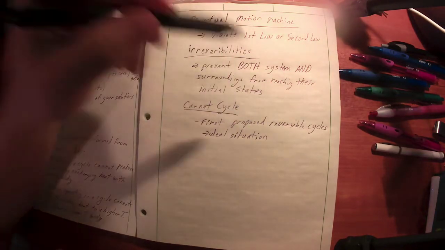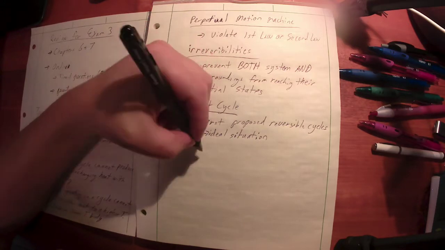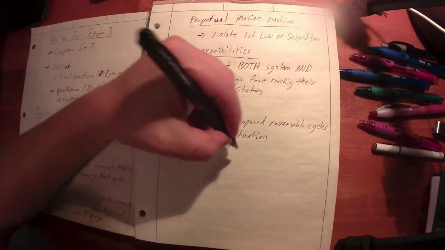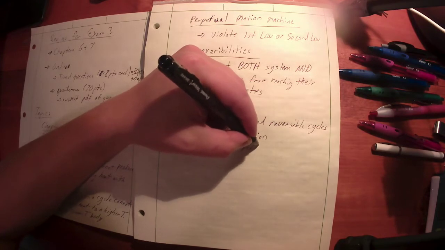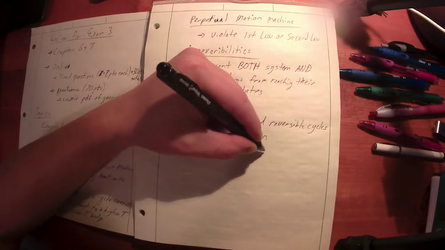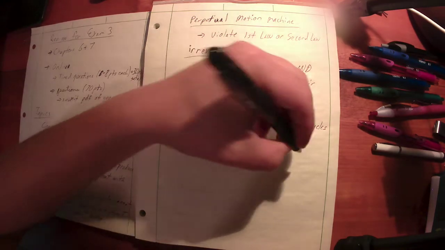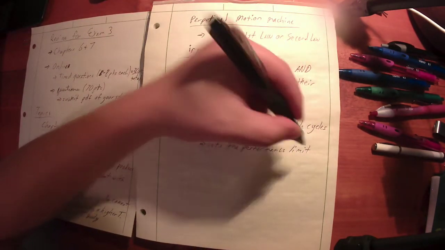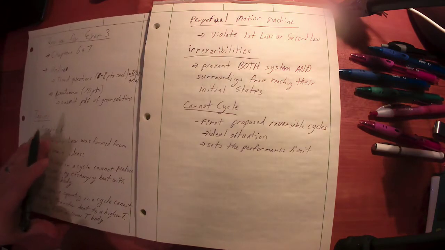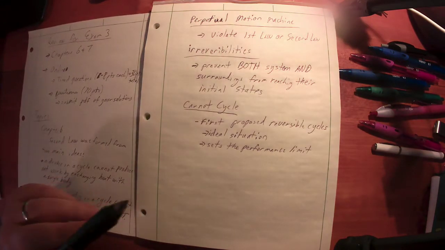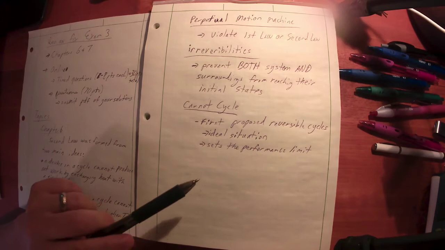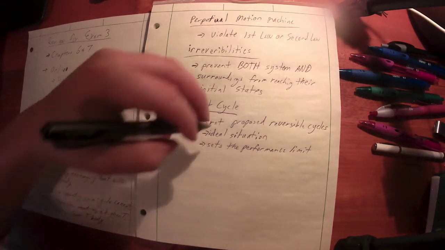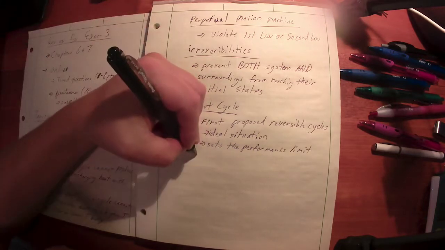But the fact that it's reversible, what it does is it sets the performance limits. Right? Efficiency and coefficient of performance. It sets the limit as to how successful or how efficient a device can be, because all irreversible